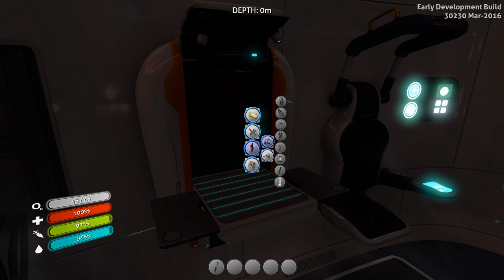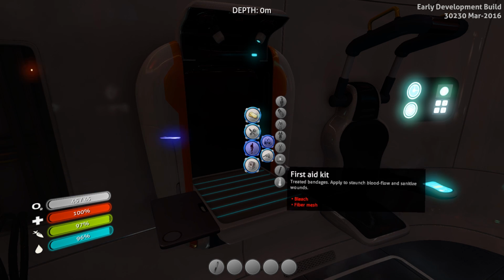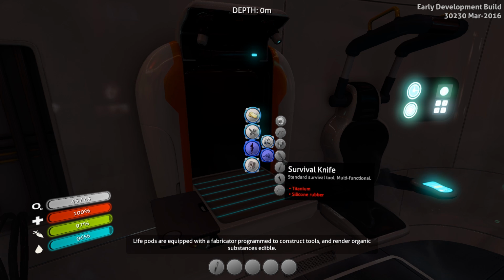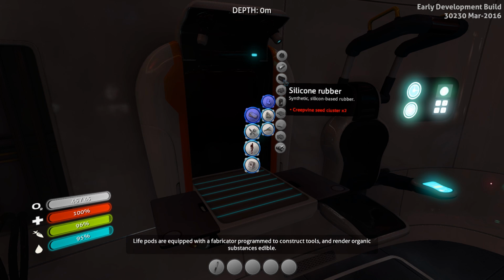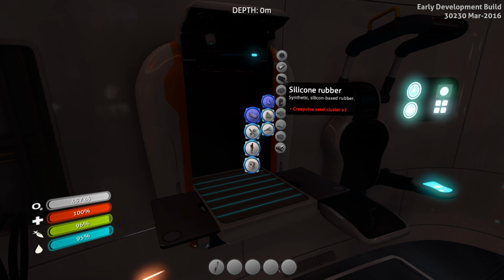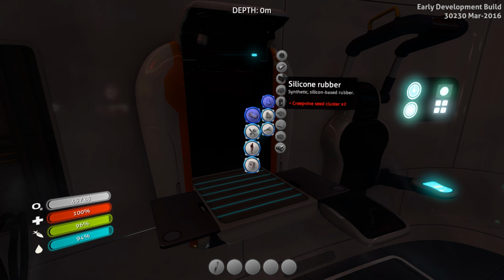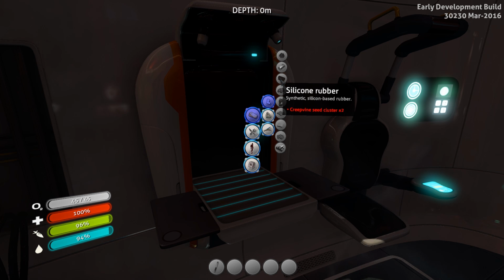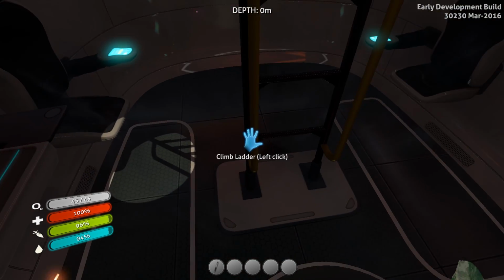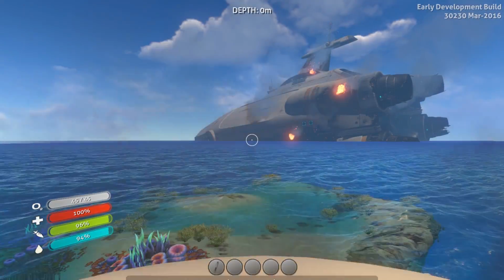Now we're also going to need 2 new O2 tanks, glass. So that's 2 quartz and 2 titanium. And we are going to need the knife, titanium and silicon rubber, which if I remember correctly, silicon rubber's been changed. It's now creepvine seed clusters. It used to be 2 quartz. Alright, well that means I don't have to share my quartz for anything but glass now, at least, glass and electronics. Alright, so the problem's going to be at the start we need a piece of silver and the game hasn't given us one to start with, so...